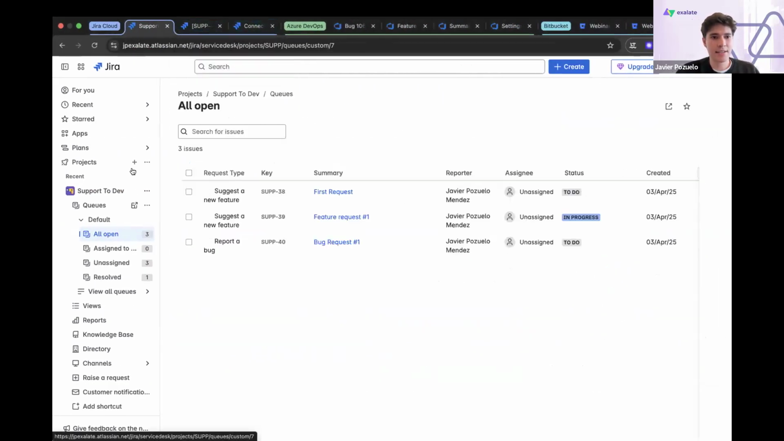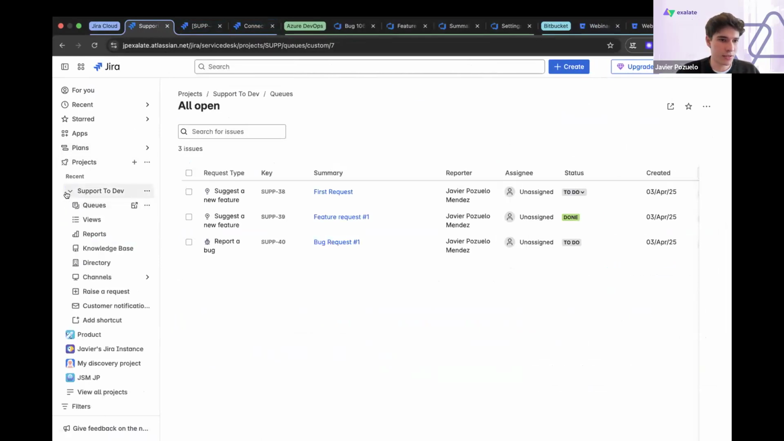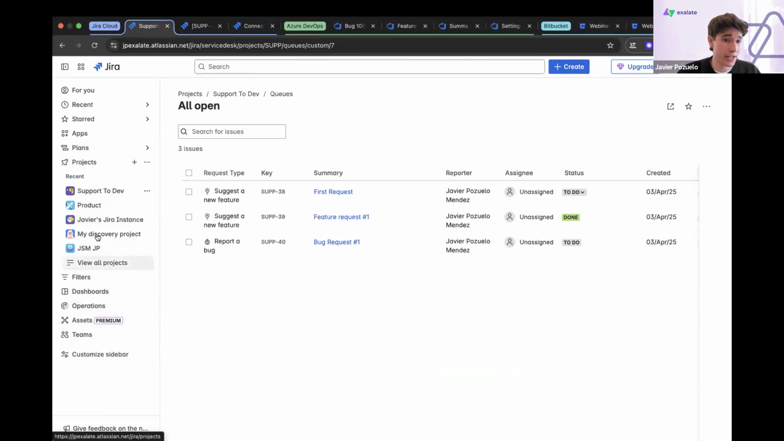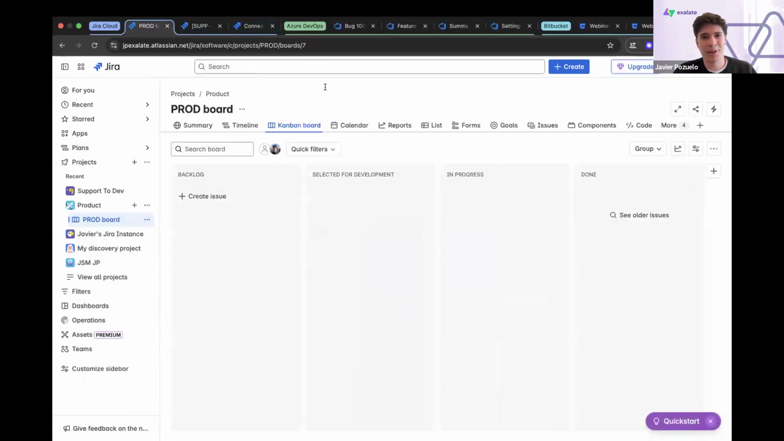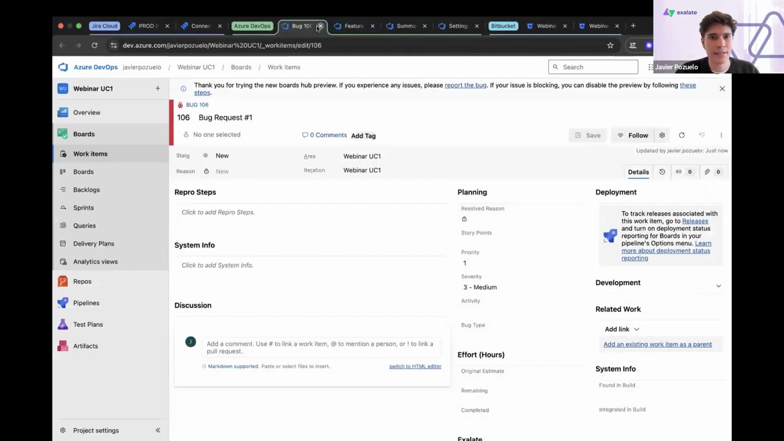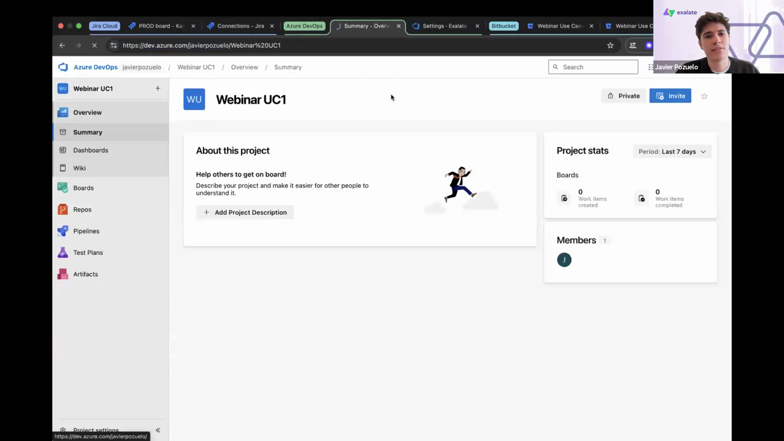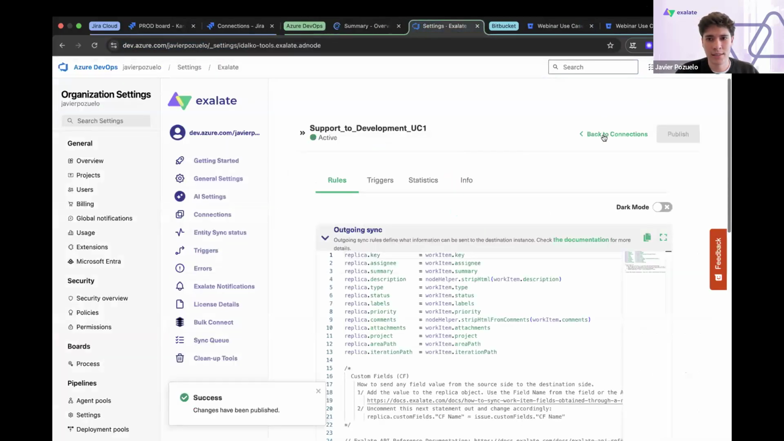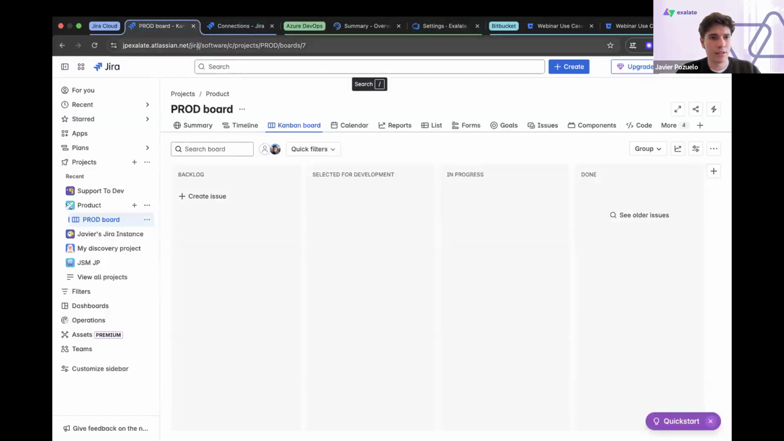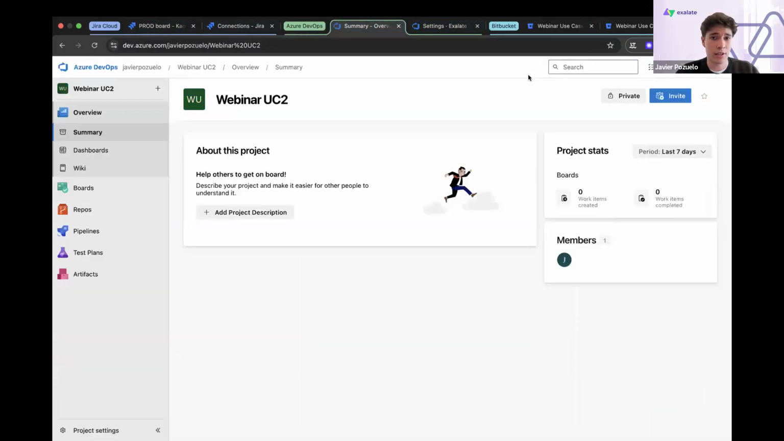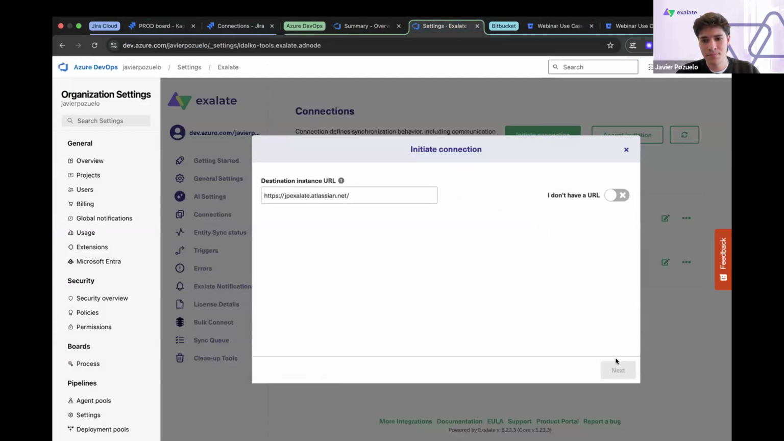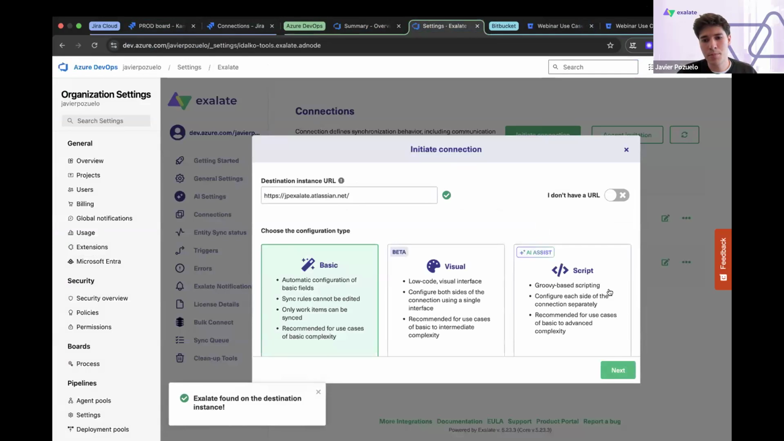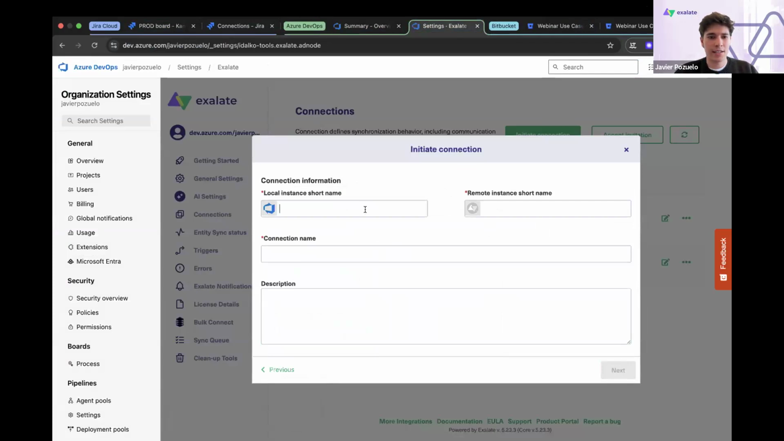Okay, since this is a whole different use case, we do need another connection. We don't want to use the same connection for different teams. So let's initiate our connection, this time from the Azure DevOps side, by adding the Jira Cloud URL. Same thing, it will give us 3 options. We still want the most versatile mode, which is the script one. And let's place a local instance short name, which will be product